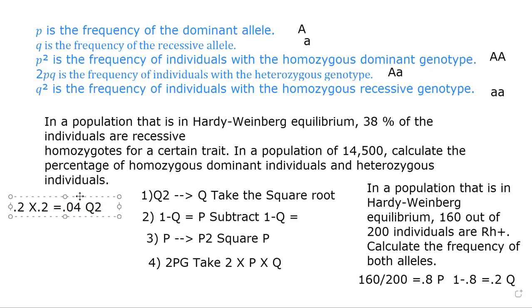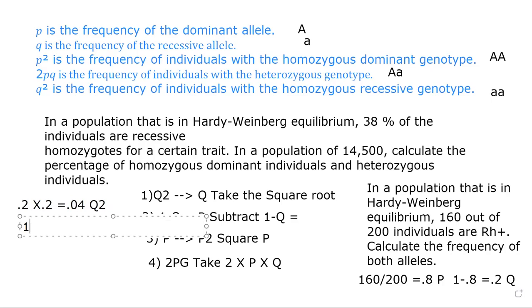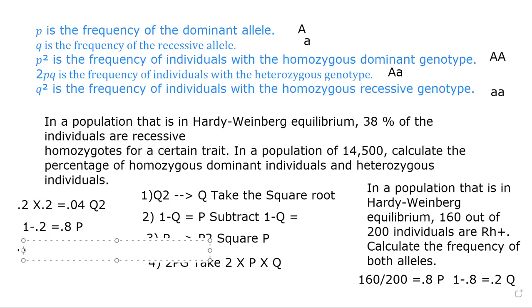Now, we've already figured out that 1 minus 0.2 is 0.8. We're doing it in reverse: 1 minus 0.2 equals 0.8, and that equals p. We're trying to do this the same way every time so we don't make it confusing. We know that 0.8 times 0.8 is what? Well, you are right if you said 0.64. We want to find p squared this time, so p squared is going to equal